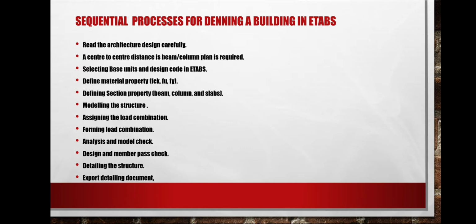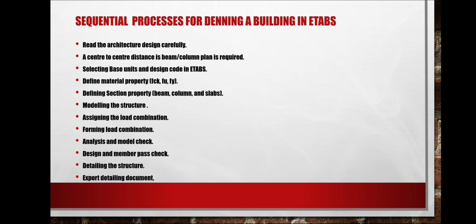Before constructing our building, we give a layout of our building. Similarly, we do this in the software, CSI ETABS: we start constructing our grids. It's just similar to that. So first, we are going to lay out our plan. After that, we are going to select our units, in which unit we are going to design our building.